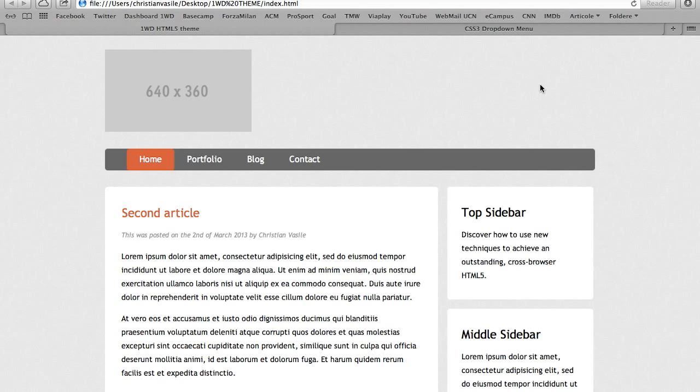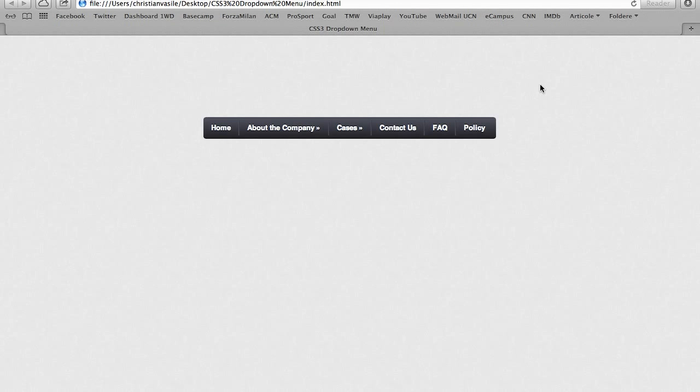So what are we going to do today? Well, we're going to create this navigation. It doesn't seem that special to me, although you can already see we use some CSS3 properties like gradient, opacity, and so on. However, this is a drop-down menu, and the good part about it is it's made with CSS3,